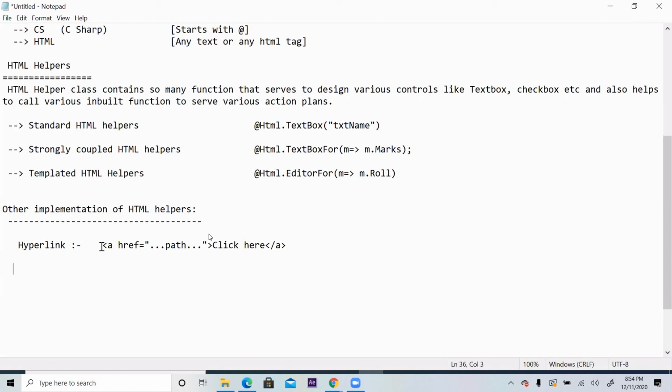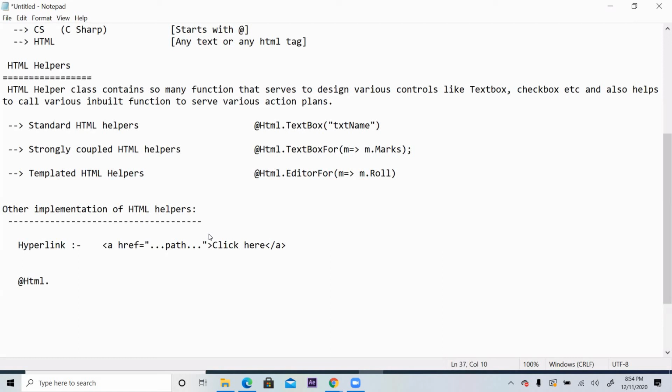But if I want to do the same thing using HTML helpers, that means by using C#, then you should not do it like this, @ something. This is wrong. If somebody asks, do it by using C#, then you have to use HTML helpers again. Anything you want to write in C#, if it is inbuilt functionality, you first have to start with @ and then say Html.